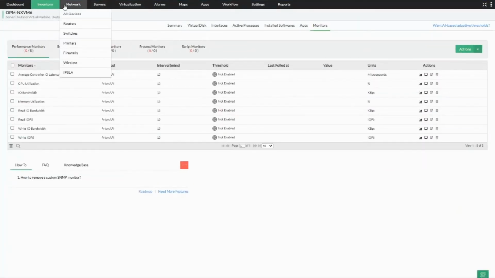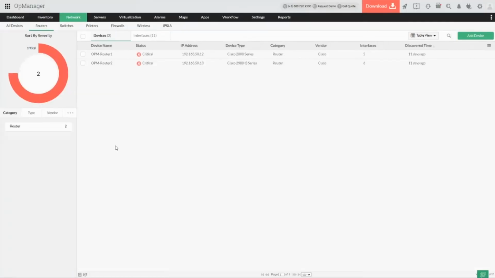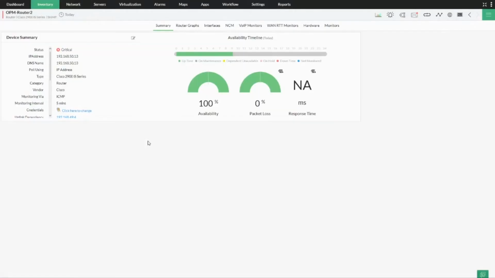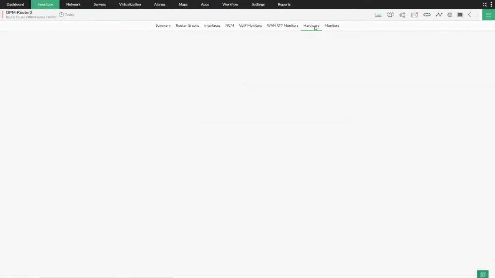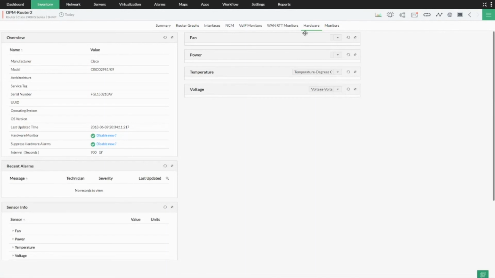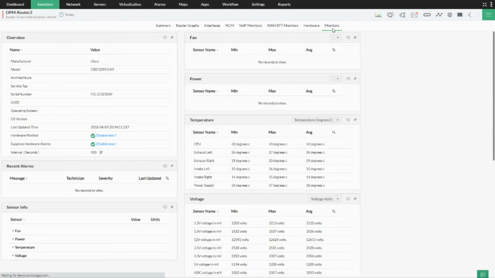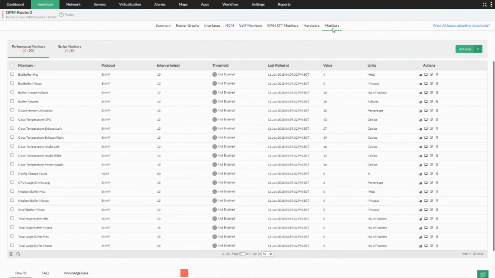So when we talk about router-based monitoring and network-based performance metrics which we can monitor using OpManager, this is what we can monitor. When we take an example of a router, let me show you the various metrics which can be monitored in terms of network devices, especially if it's a router. So in the router, as you can see, you can monitor the hardware metrics which are running on them, CPU, memory, the sensors, and everything, and also the monitors,